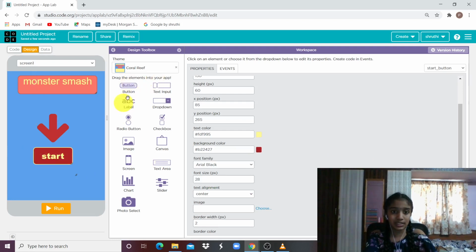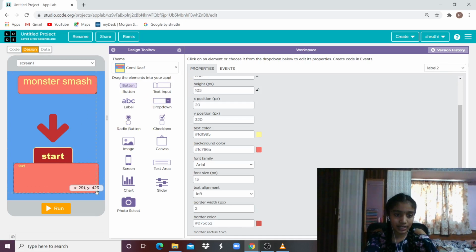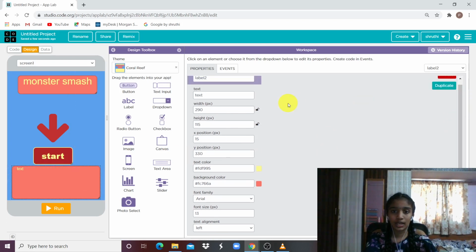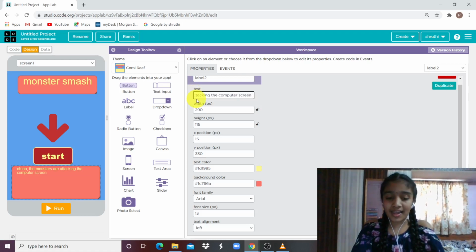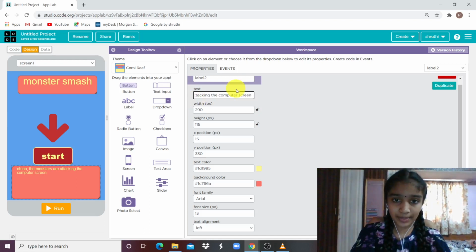The first people who see this game may not know the instruction. So let's keep this instruction label right here. There. Now click it, scroll up, and we are going to name this. Okay, let me text like, oh no, the monsters are attacking the computer screen. Okay, let it be the computer screen, and let's type it like,